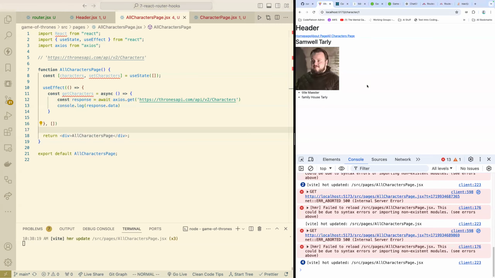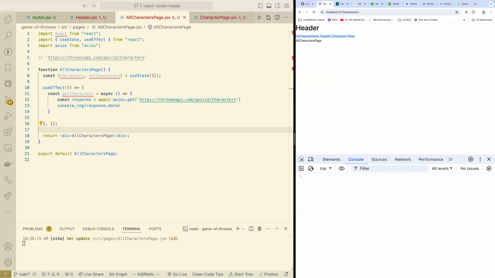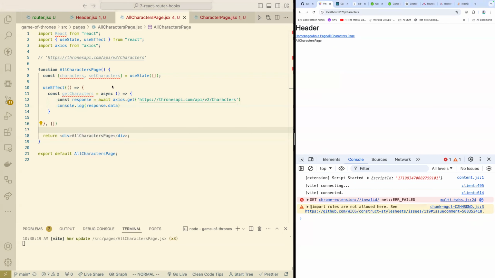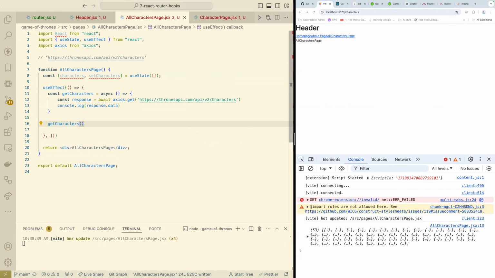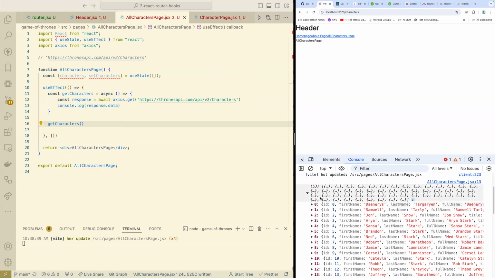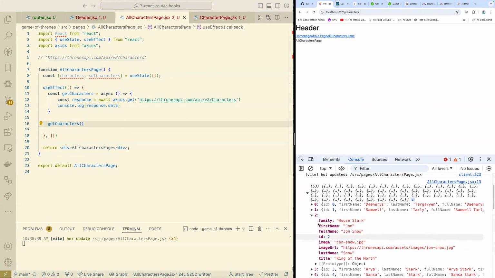So if I hop over here, let's go to the all characters page and clear this and refresh the page. And of course, it would help if I actually called the function. And now we get an API call that returns a JavaScript array with all these objects with all of our